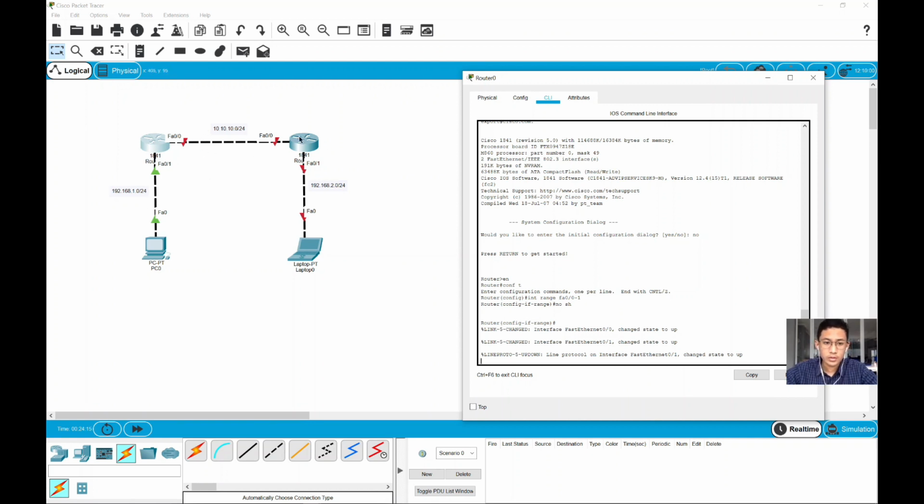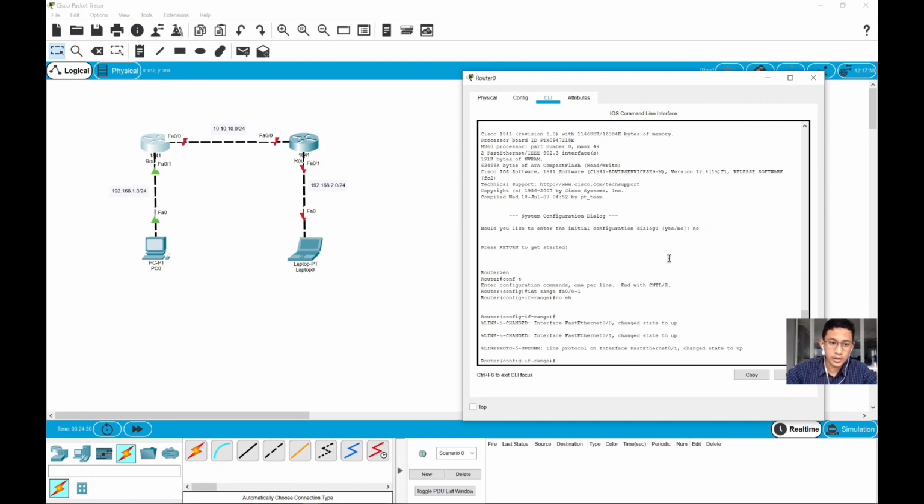For this other interface, they are still red because the router next to it hasn't turned up its interface yet, so that's why it's still red. So first thing first, after we turn up every interface on the router,